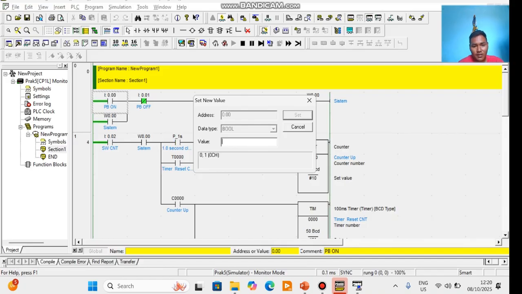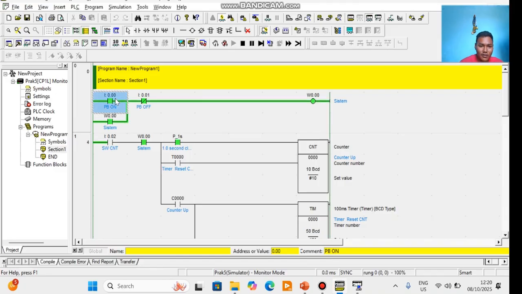In this value I set 1 for on. You see this green line across all rows, which means the program is working and available.